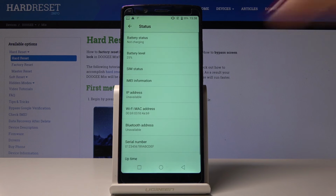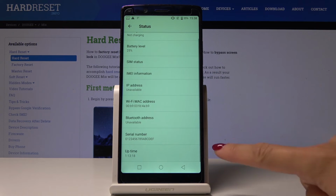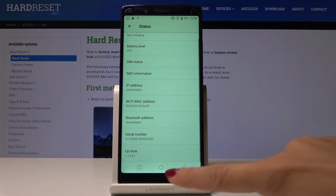And then if you will go back and scroll a bit lower, you will also be able to find serial number of yours. And that's basically all. This is how you can locate both